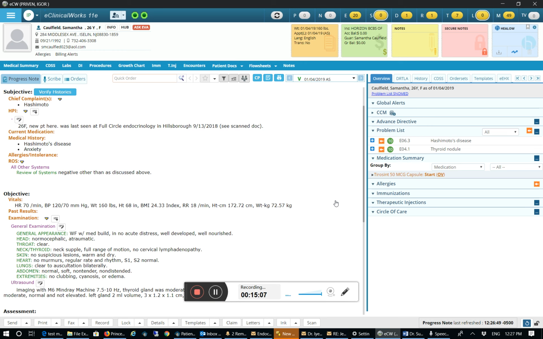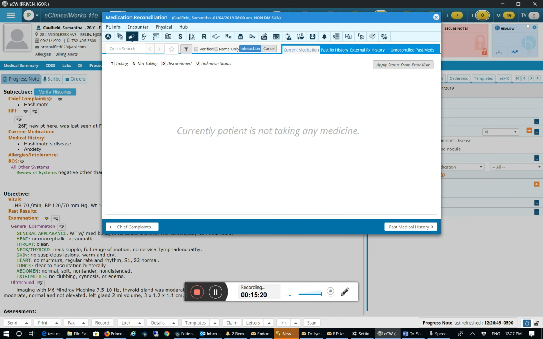It's not crucial, but it's better if the sections are filled. You don't need to dictate medications. There are so many things that can be set up that you don't need to dictate, because, for example, if you click on current medications, you can either